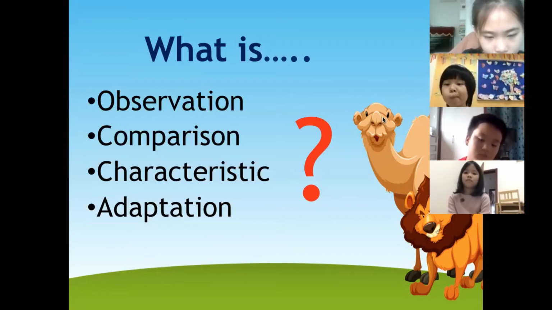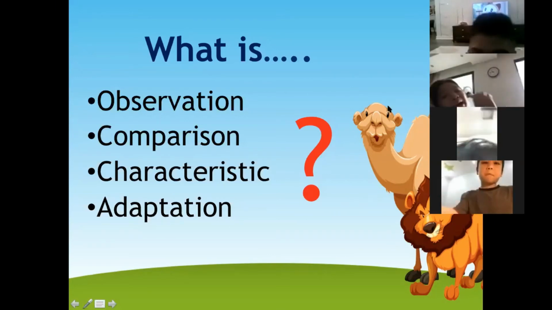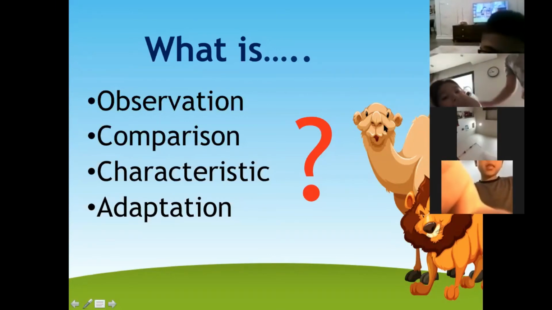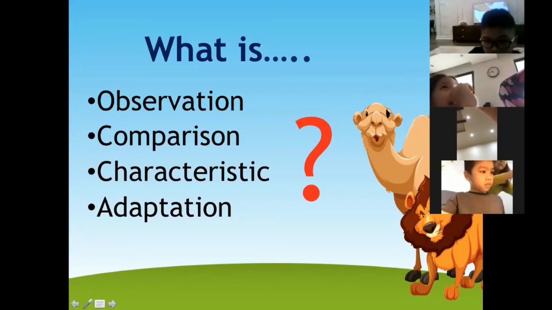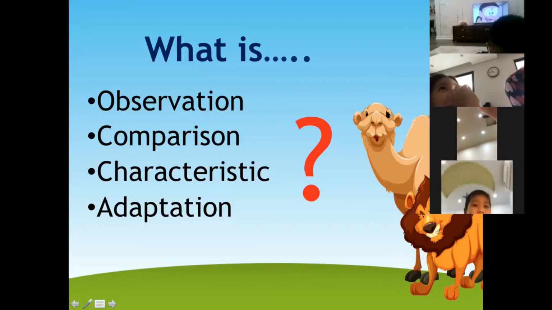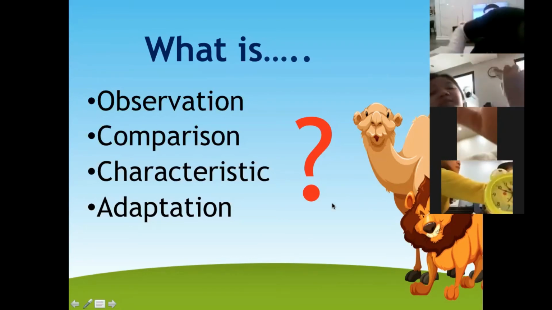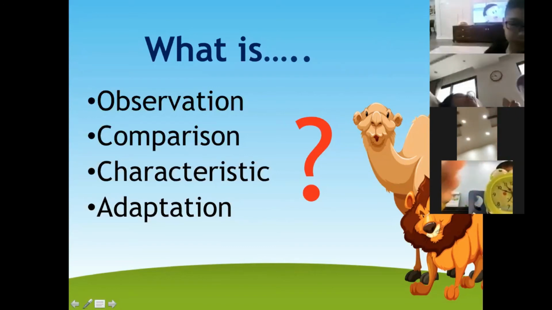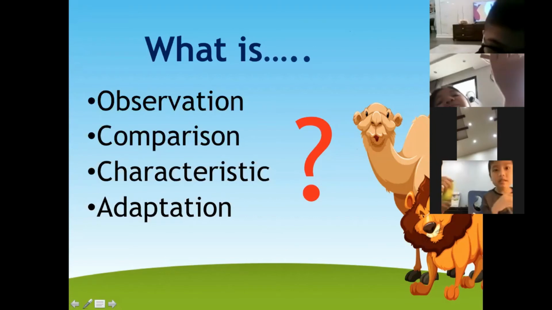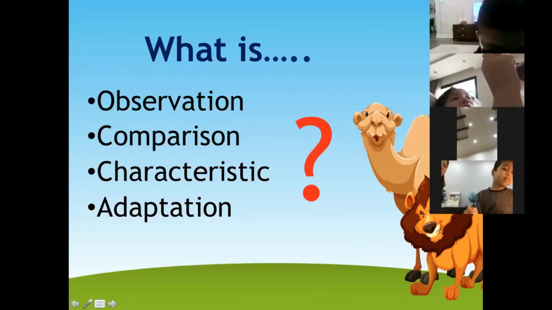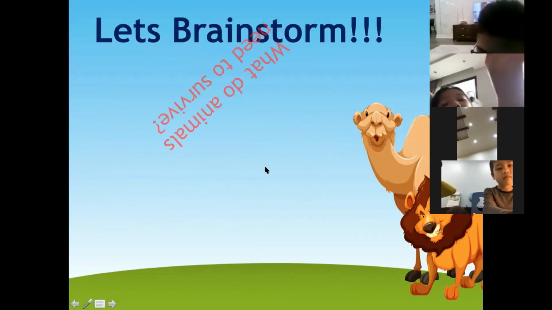Cherry, what is an adaptation? That's okay, Zoymin. Do you remember? Observation is what animals do in their habitat. Yeah, that's definitely much closer. Good. So observation of what animals do in their habitat. Yes. It's what animals do in their habitat to survive. What changes they've had to make to survive in their habitat.